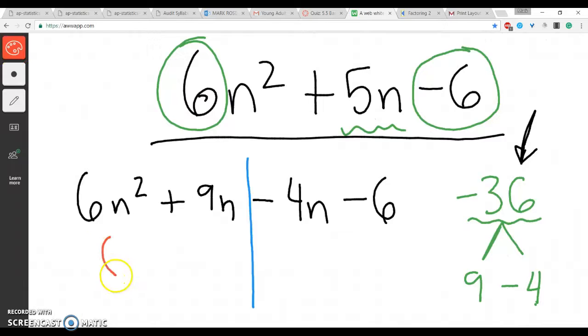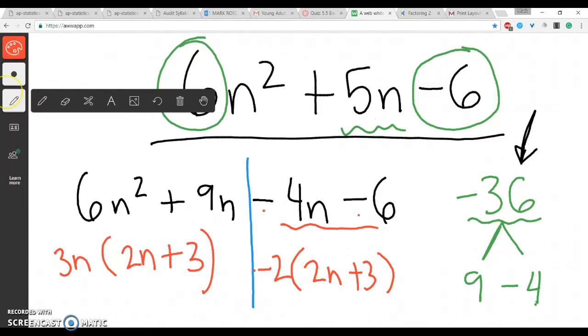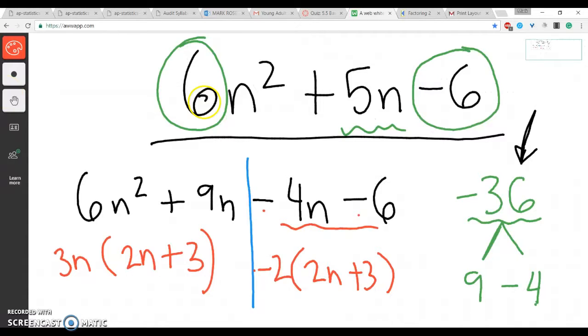We're going to factor this side, which when I factor this, I will factor out a 3n and get 2n plus 3. I'm going to factor this side now. And this time I'm going to factor out a -2 because both things have a negative sign. And I'm going to get 2n plus 3. And again, we have the nice situation